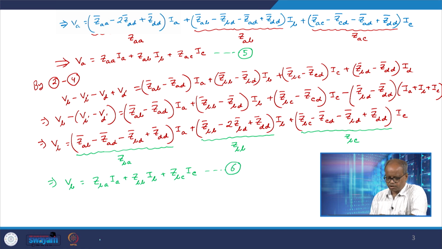Now look at the expression of ZAB and ZBA. What is ZAB? ZAB minus ZBD minus ZAD plus ZDD. And what is the expression of ZBA? Identically same, ZAB minus ZBD minus ZAD plus ZDD, right. So therefore we can here see that ZAB is equal to ZBA. So that is our first observation,